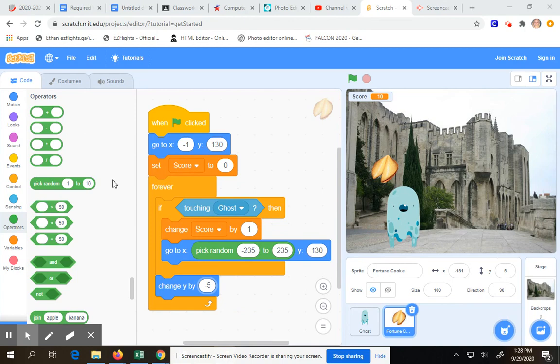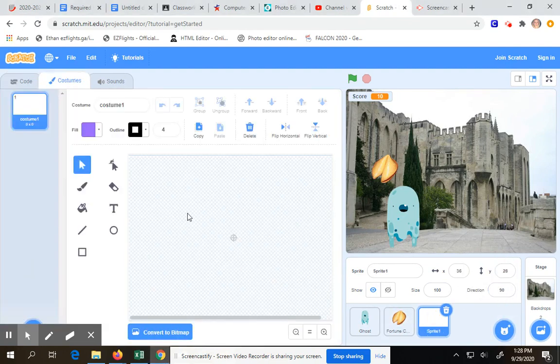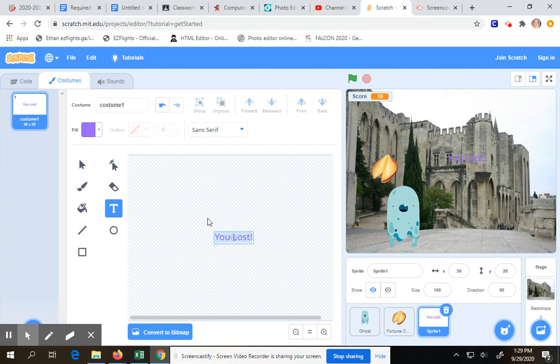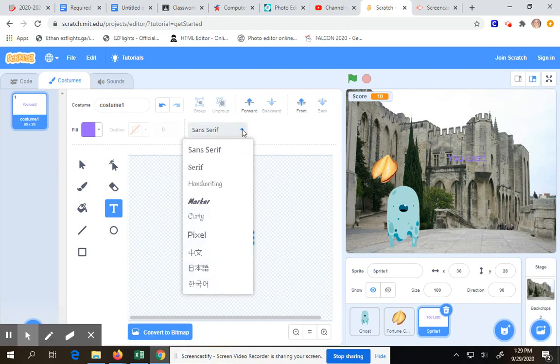So we need to add the sprite for the text. On this example, we're going to actually paint the sprite. In the window that comes up, we're going to use our text tool, and you will click on your canvas and type, "You lost." Now with your black pointer tool, you're going to position that in the center of the canvas, and then you need to double click on the text to be able to edit the font style,